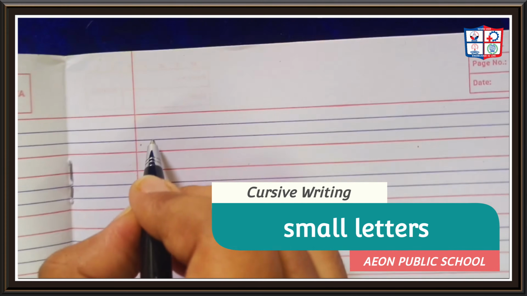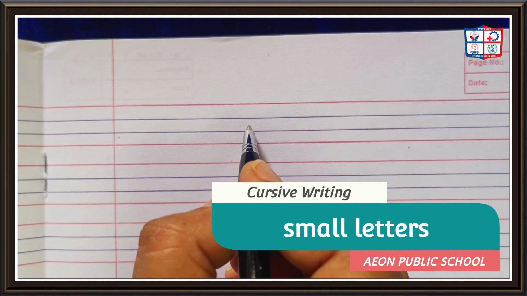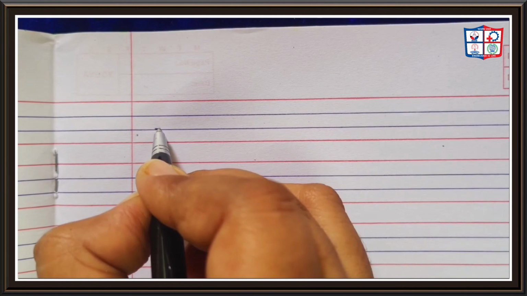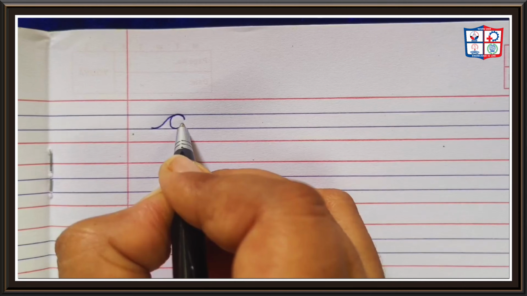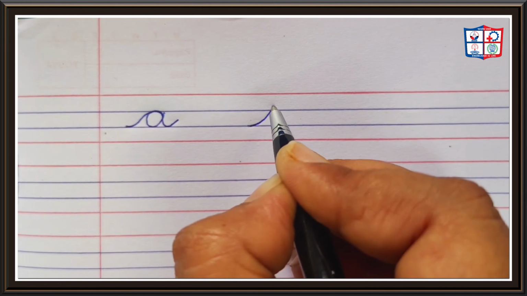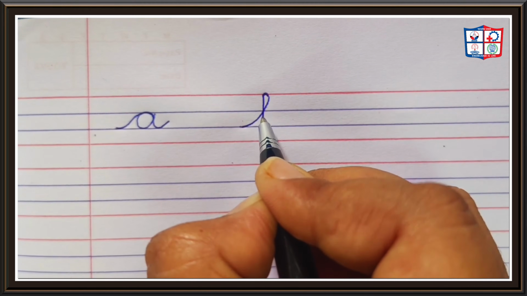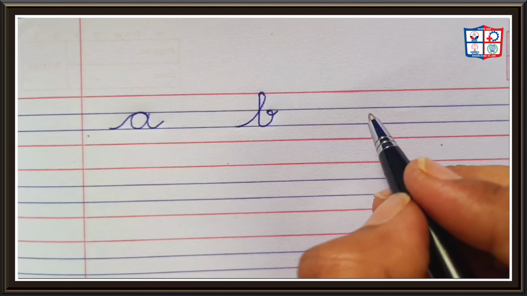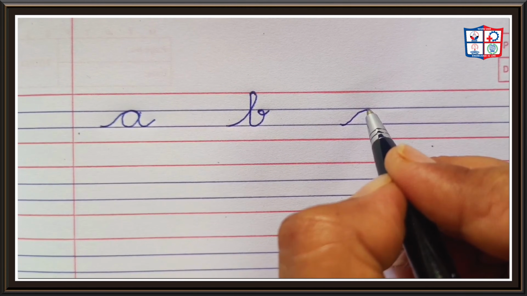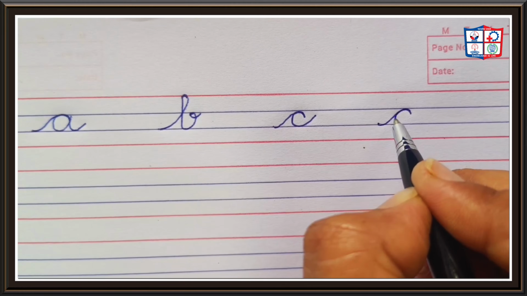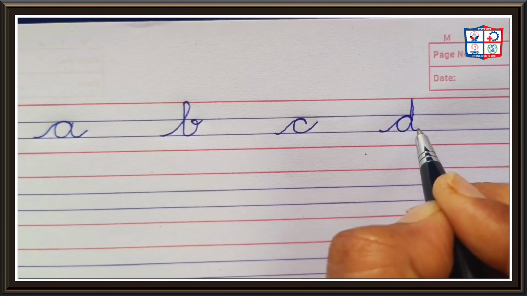Small letters all start mostly in the grass lines. So first it is small letter A, then B will start from the grass line, touch the skyline, get down and finish in the grass lines. B, small letter C, then it's D,